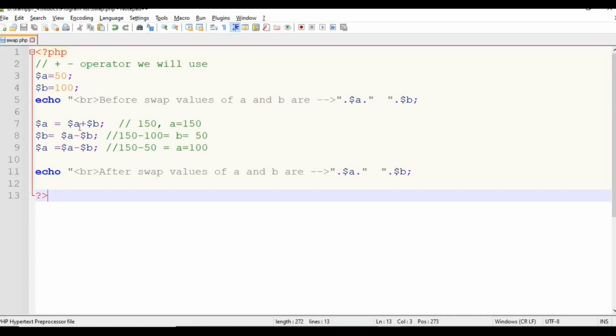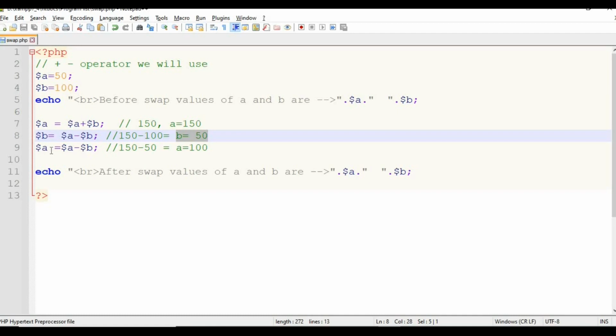So what we did, we just make the addition, assign the addition to the first variable, and then whatever the value assigned to that first variable, just subtract the second variable from that value and assign it to the second variable. In this way we get the value for the second variable, which is nothing but the required value, that is the swap value.